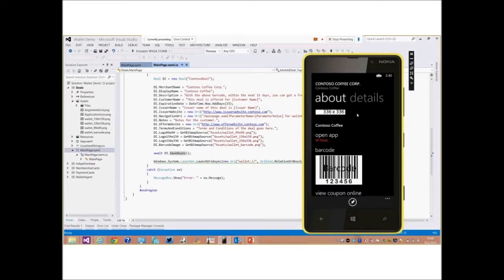Imagine that you receive a $10 credit from the Skype company, and it comes into your wallet through the Skype application. When you launch your wallet, you see there is a deal from Skype, and it says that it's a 15% reduction for a $10 value international call. Here you receive the deal, and when you click the open app link here,